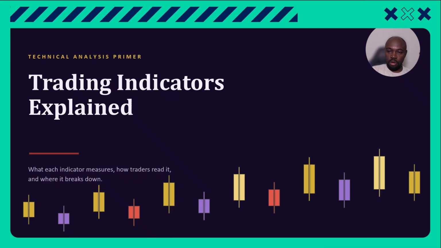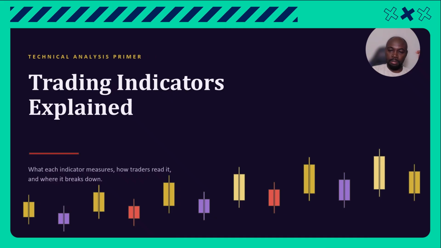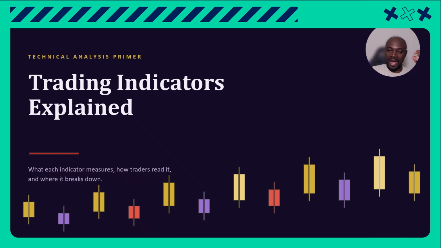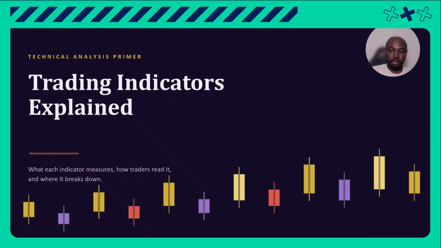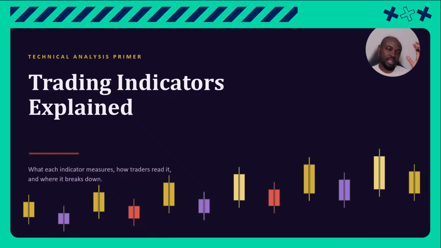So we're going to cover three things. One, what it actually measures, how traders read it, and where it breaks down. The third part matters most because every one of these tools has a failure mode that costs people money. So every time we say, this is a time to buy, this is a time to sell,